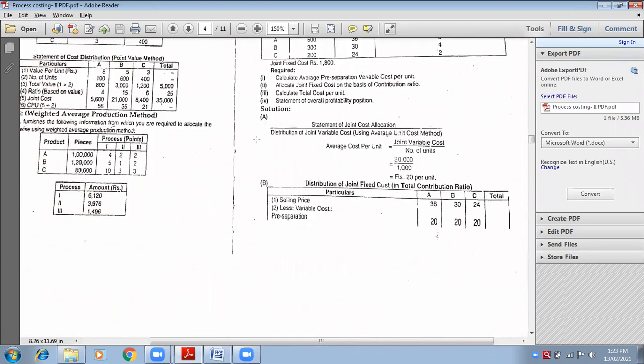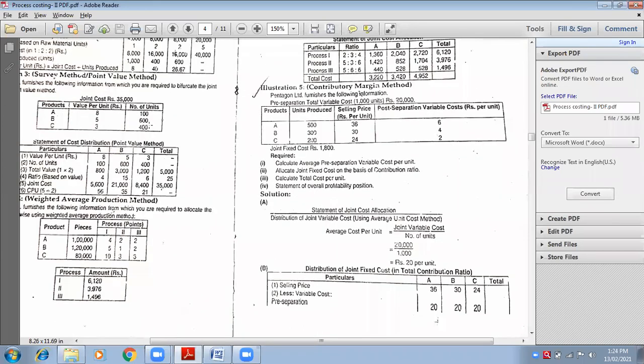Now, he says process points are given. Points means per unit. Per unit is given for process 1, process 2, process 3, and it is given in the bifurcation of A, B and C. So we have process 1 and then we have ABC. Process 2, we have again ABC. We have process 3, again ABC. So if we look at process 1, we have 3 products, ABC. What are the per units of ABC? 4, 5 and 10. Can you see in the question? Yes, ma'am.